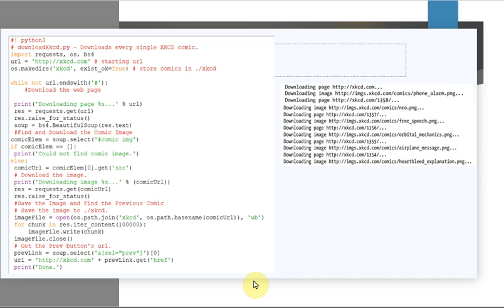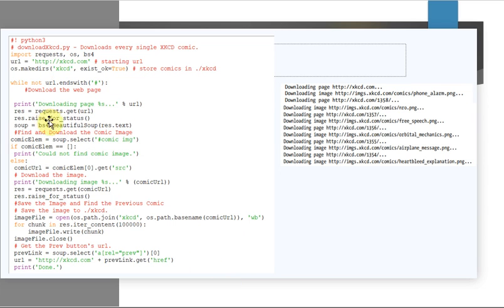Okay, so it is given as steps, but in the exam you have to write the complete code. So first, what you're doing, you're setting the URL. What is the URL? xkcd.com, that is what you're setting here. Then the downloaded content should be stored in a directory in your current working directory, so you're giving here xkcd. Then the process of downloading continues until you reach the first post. Okay, so here this is for previous. When you click on previous, you will go to the previous post.